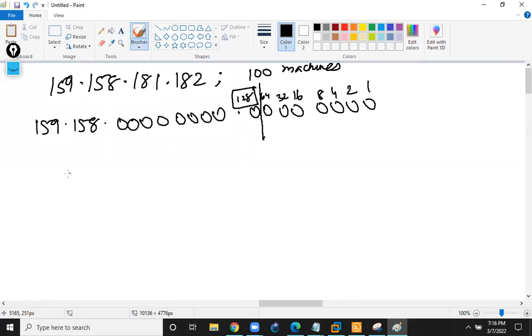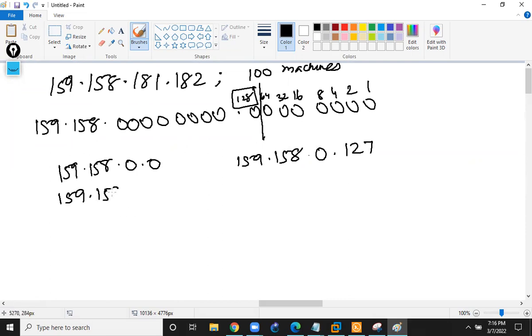So what will be the first address? 159.158.0.0. That's the first address. The network address itself will be the first address. Now, what will be the broadcast address for this one? 159.158.0.127. That will be the broadcast address. And the next one will be 159.158.0.128. And the next address is